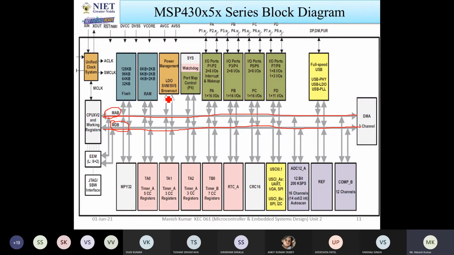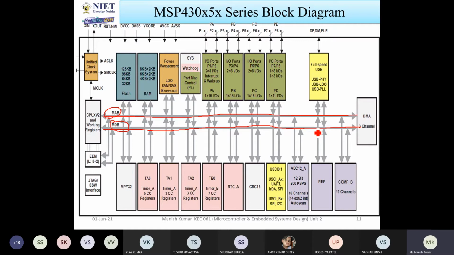Power management module is there, connected with the two buses. Watchdog timer is there. So every component available is connected with the address bus and data bus. Now you just have to remember how many blocks are present in this block diagram. When you are able to do that, connections will be very easy.